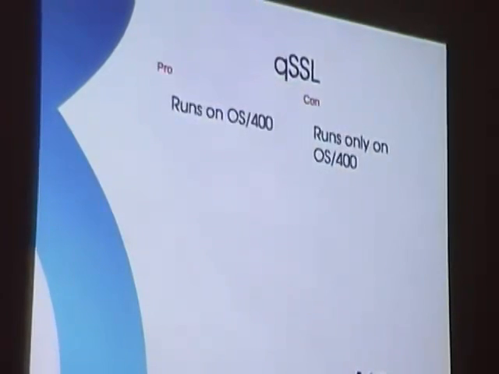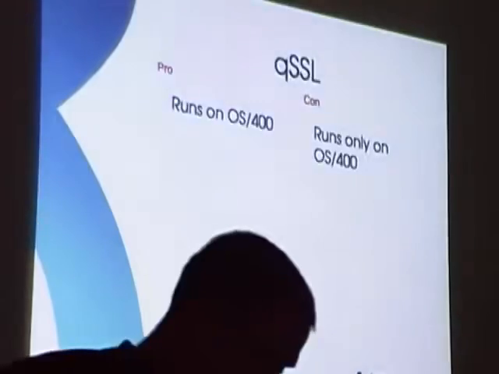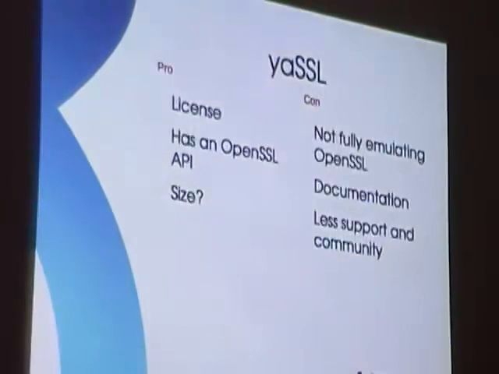I mentioned QSSL before, so that's why it becomes 7, but it's actually not very interesting to most people, because if you run OS 400 on an AS 400, it's interesting, but if you don't, it's not interesting. And I don't. YaSSL is,